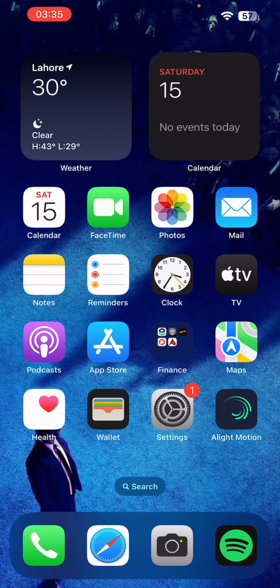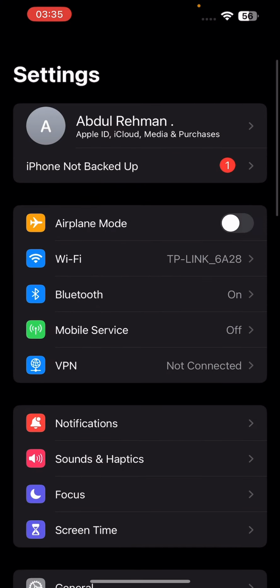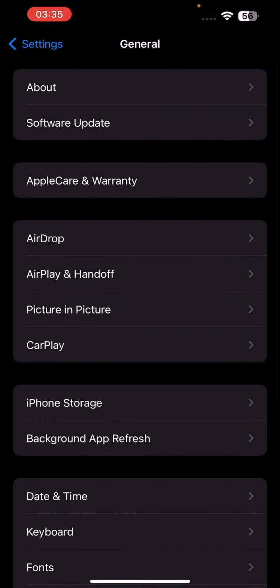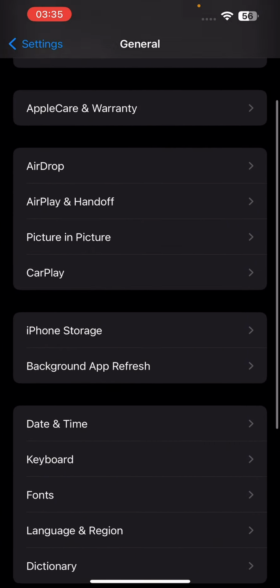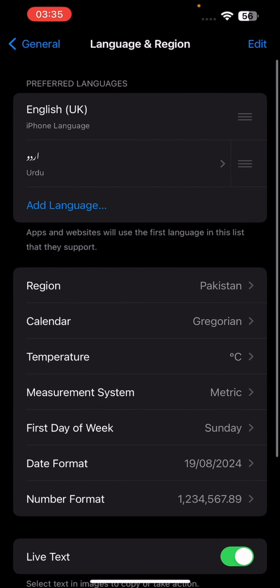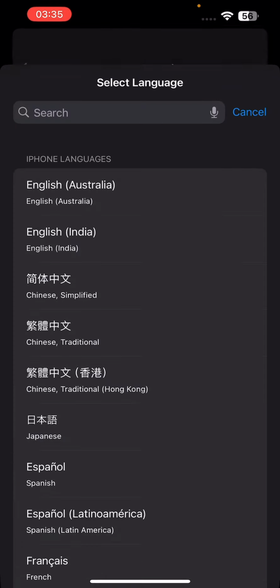So first head over to your settings app, tap on it and then scroll down a little bit and tap on general. Under the general tab scroll down a little bit again and tap on language and region. As you can see, these are my primary languages, and if I click on this add language option right here,